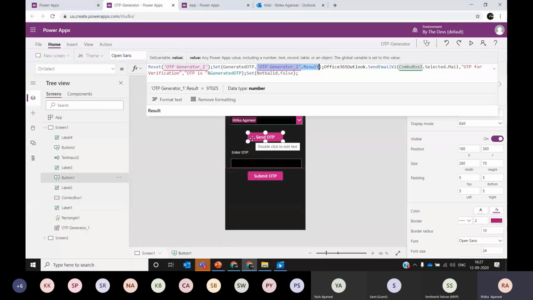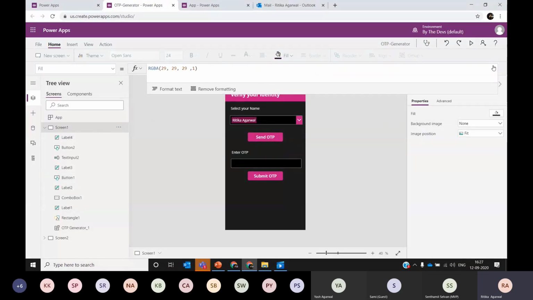They'll have to regenerate an OTP, and once that OTP is entered, only then will it authenticate your application. So with this, you can use the OTP functionality for sending an email. In case you are looking for something like text messages, you'll have to use a third-party service because direct sending of messages is not a feature here. So you can either use Trello, or if you have any third-party service API of your own, you can build a custom connector, and from that you'll be able to send the text messages.